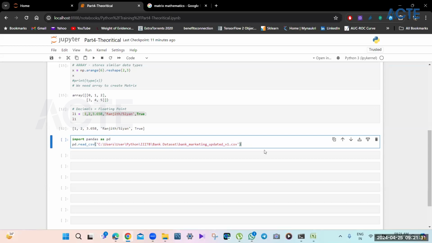Now, once this file is in, we have to store it as a data frame, which is df. So data frames are essentially something which has rows and columns, which will help us to operate efficiently in Python.